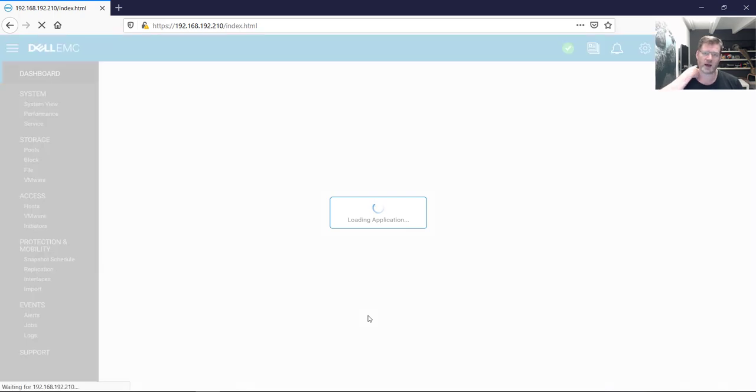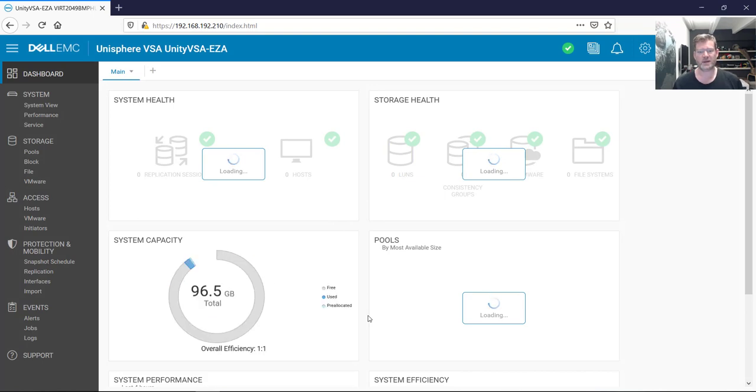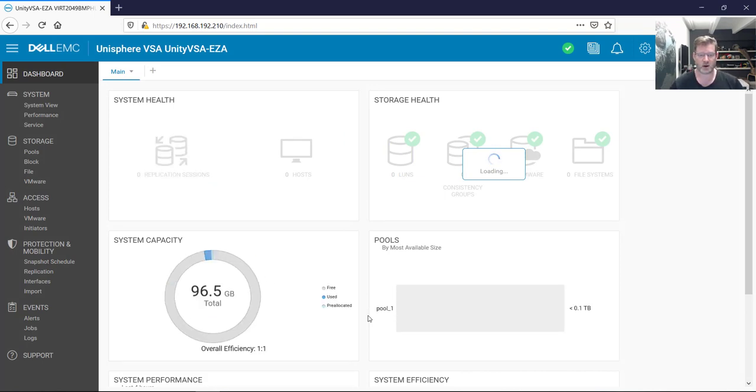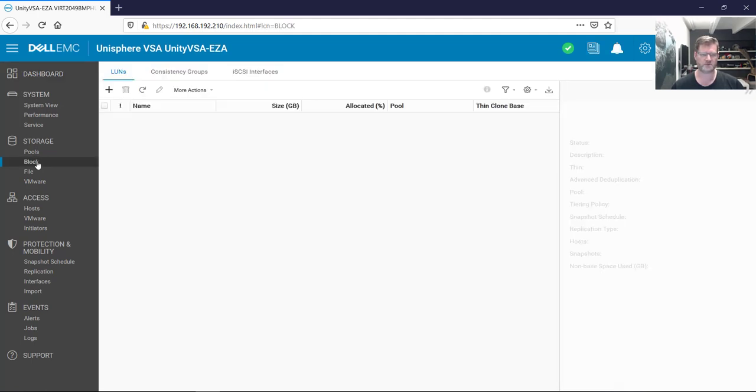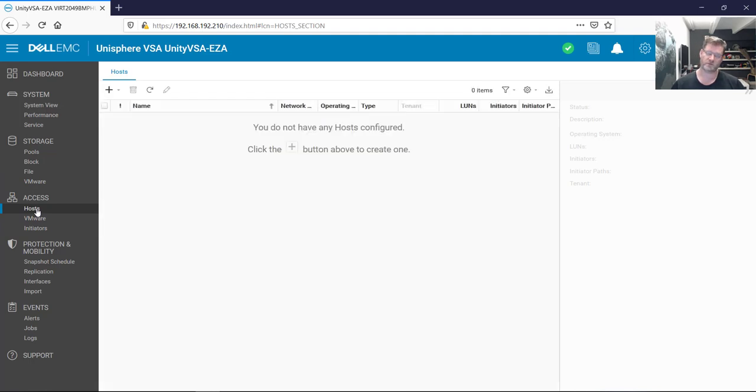It is a virtual appliance, which means it's slightly smaller and it can be a bit slower than a physical one at times. So please bear with me during this demo, because we're talking about a virtual edition here. So as you can see, it is completely empty. There's no volumes defined as of yet, so it's no LUNs. There's no host access, so there's 0 hosts added at the moment,